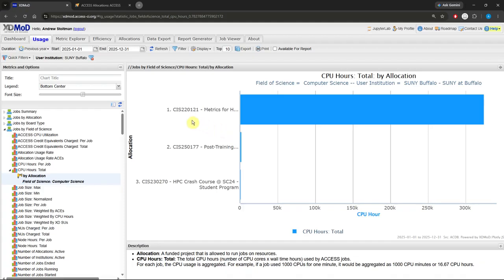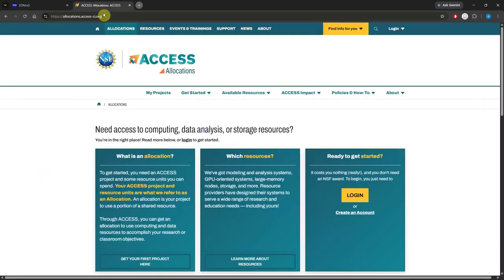From here, I can see that at the beginning we have an identifier for the project. We could use this on the ACCESS allocations page, which I have open in the other tab. If you go to